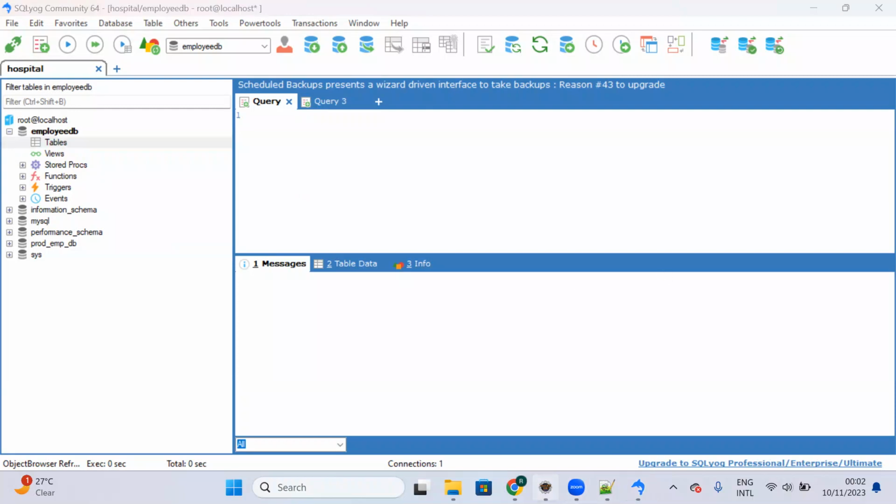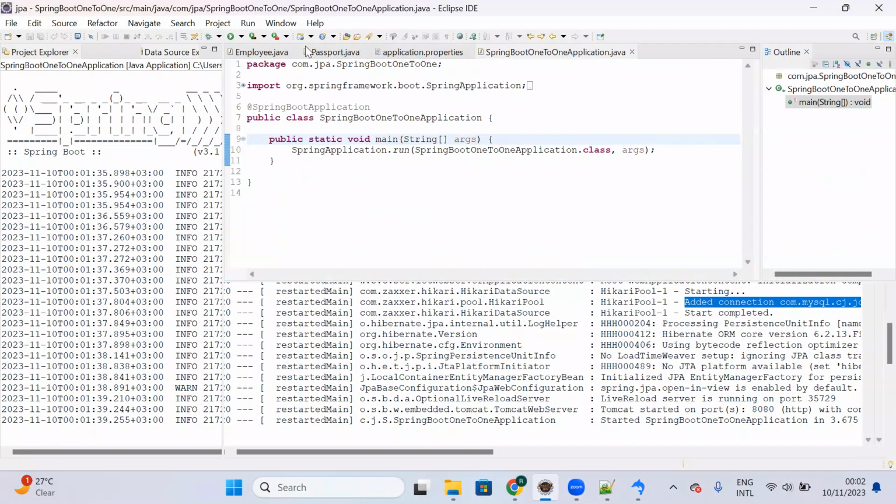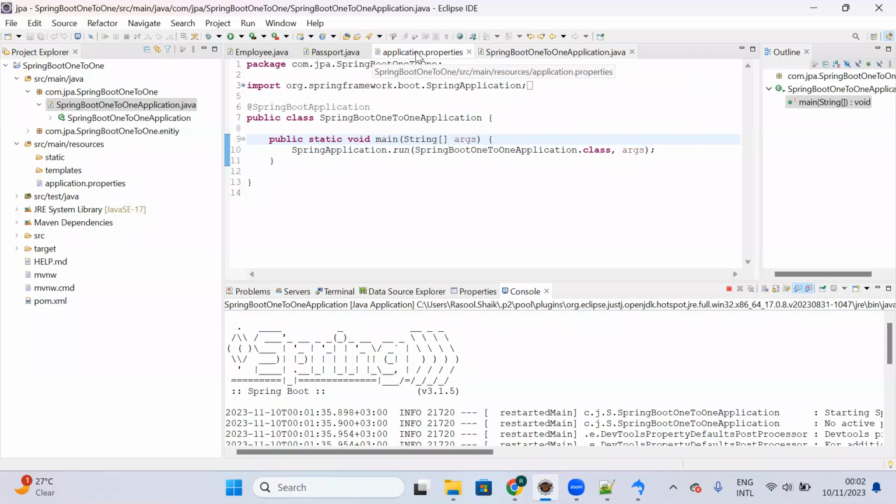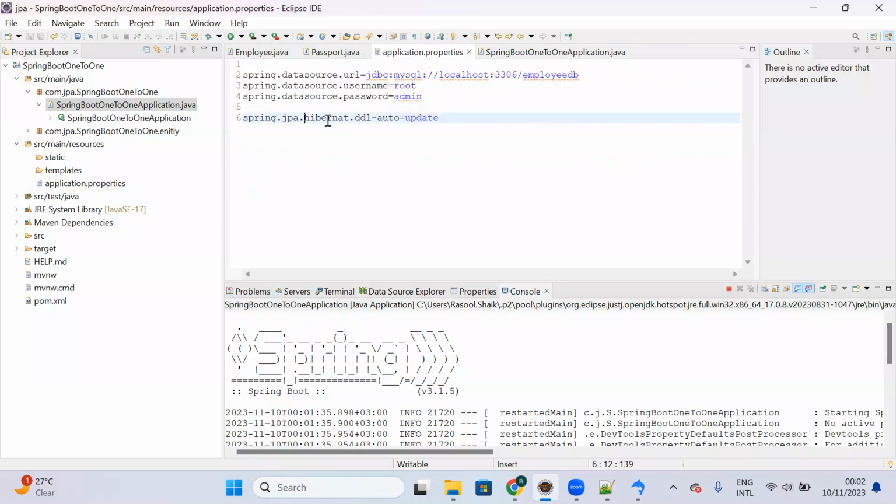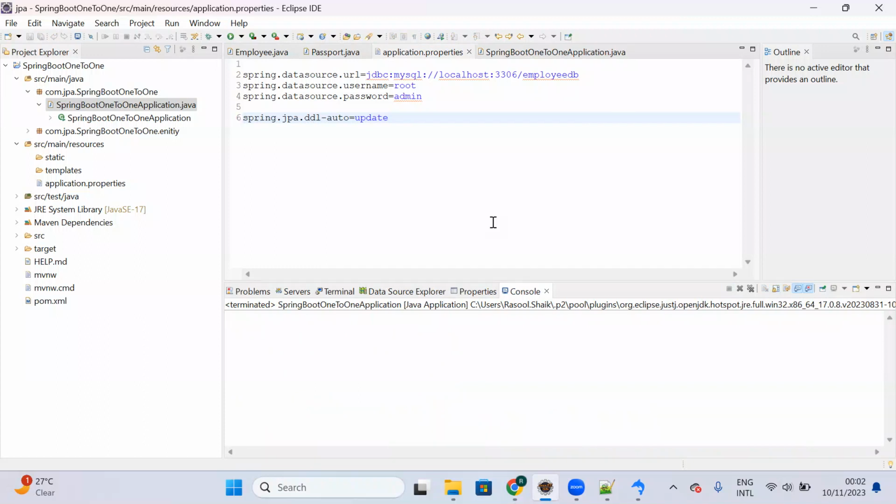So let me check. I think that property in application.properties I have given wrong. So I think spring.jpa.ddl-auto, I guess. So let me stop the server. And also I want to show you